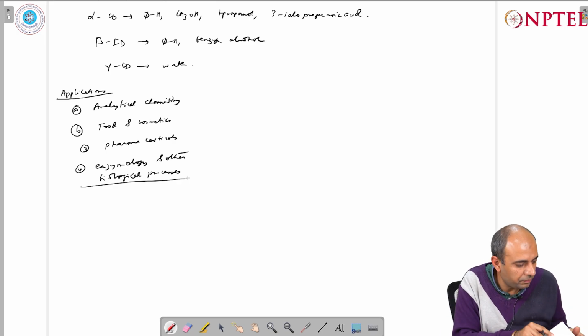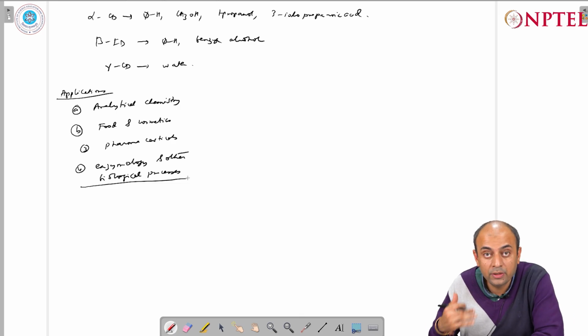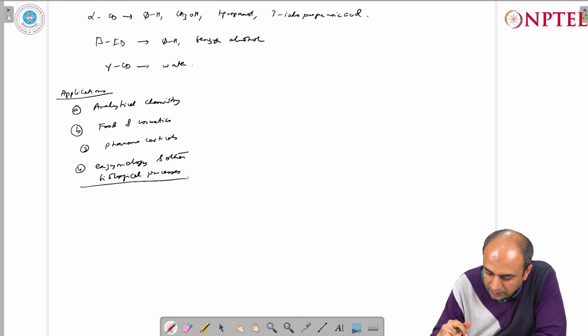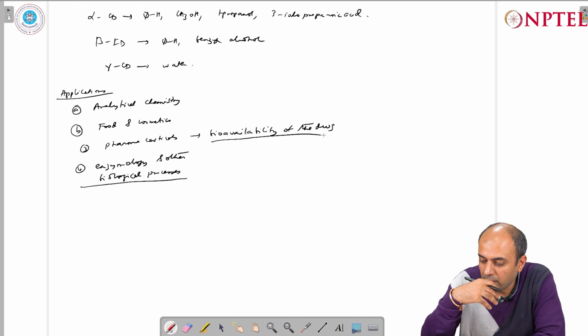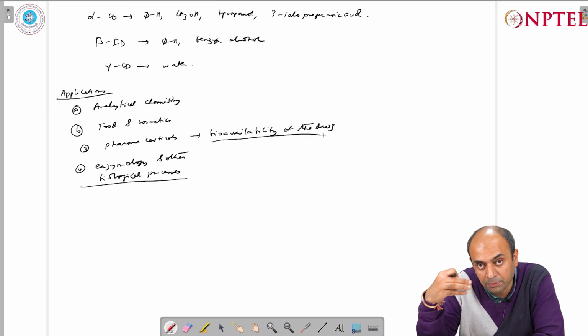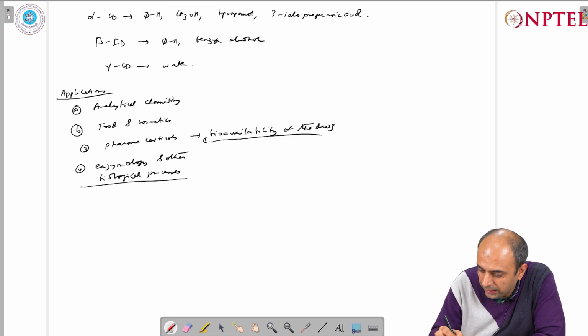So, how does it achieve this desired property? As I already talked about with respect to the pharmaceutical co-crystals, you can improve the bioavailability of the drug. Because now you can encapsulate the drug inside this cyclodextrin, and then it can be transported to the site of action. And the next thing is that it enhances the stability of the drug